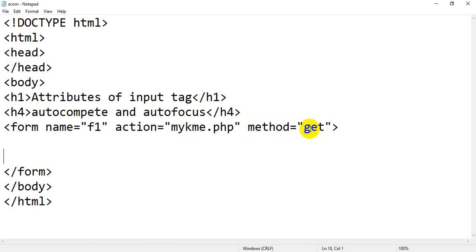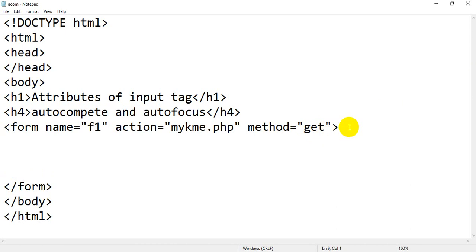I just want to show you how the data can be transferred from one page to another page, and how the value is combined and attached with the name attribute, so we can clearly see it on the URL. The only purpose to use the GET method, but the safe one is the POST method. If you are going to create any form for your company, for your organization, it is very conventional to use the POST method.